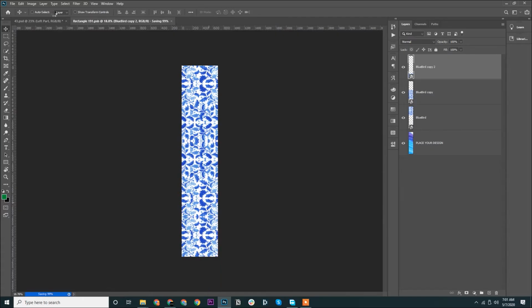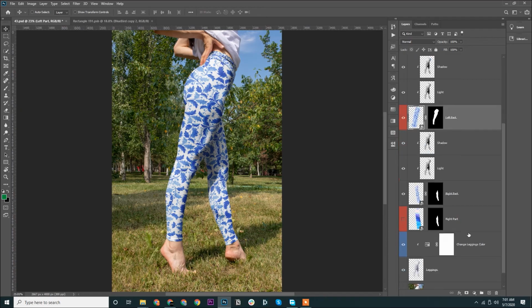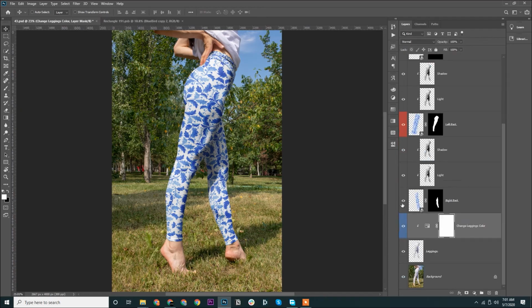Press Ctrl S, and there you could see all of them placed with one. So I guess everything is perfect. We can go ahead and delete this. Now you could use this template, I guess.